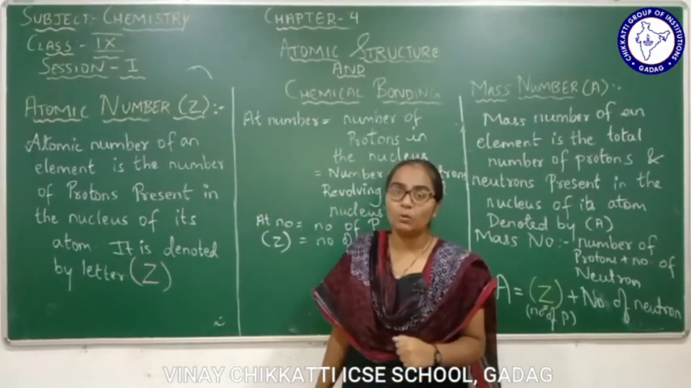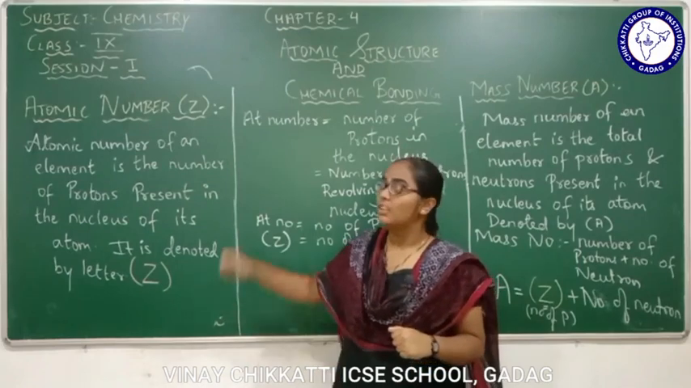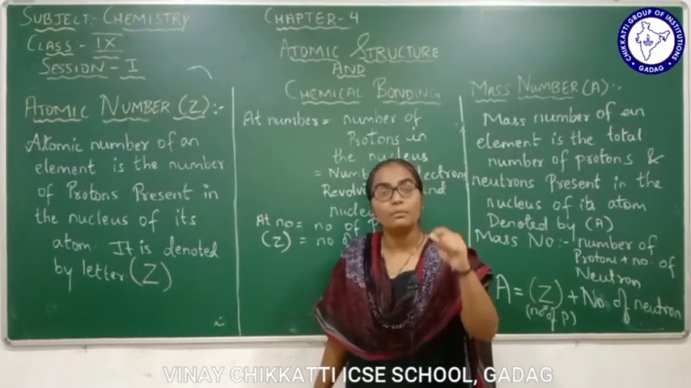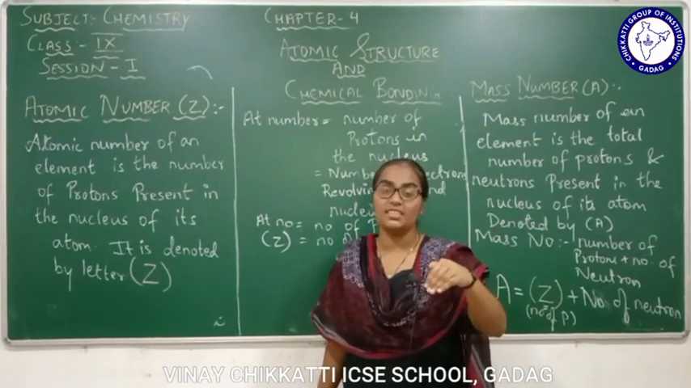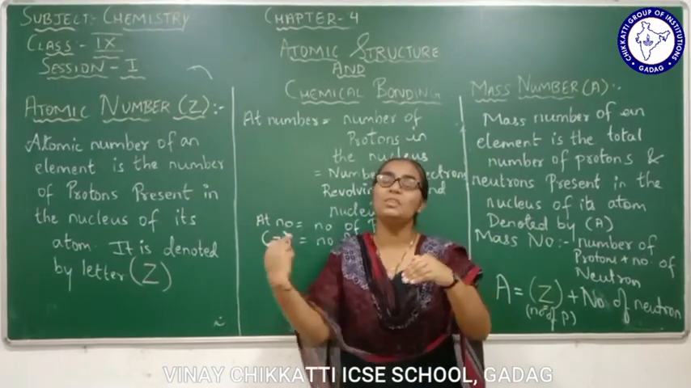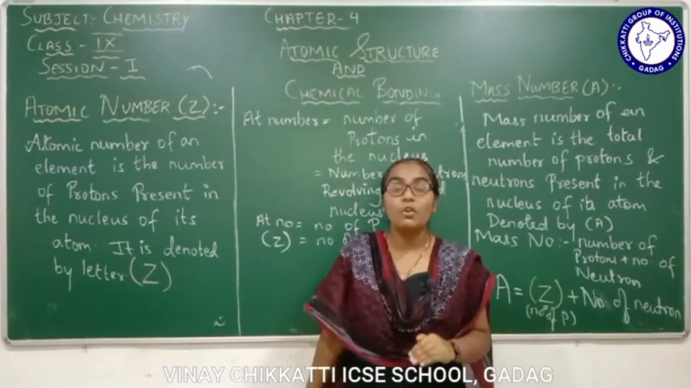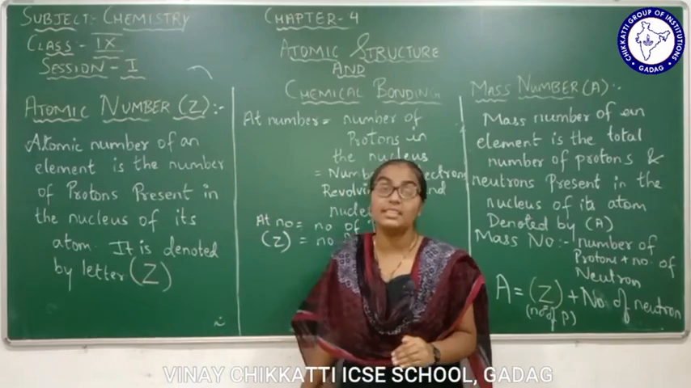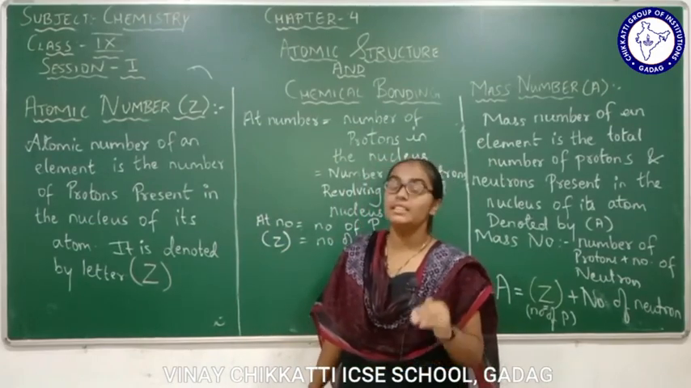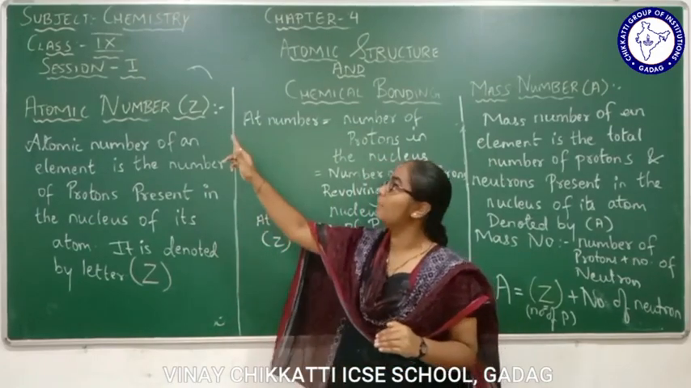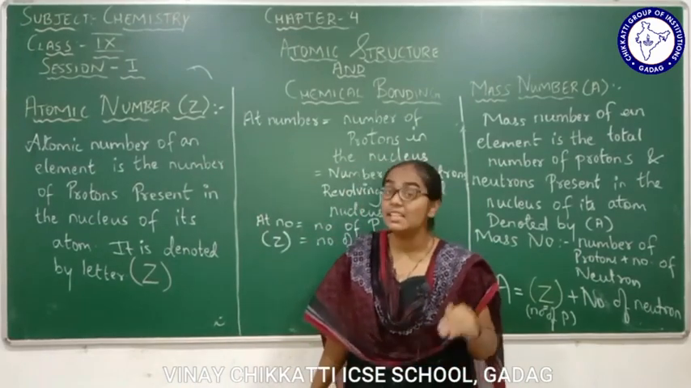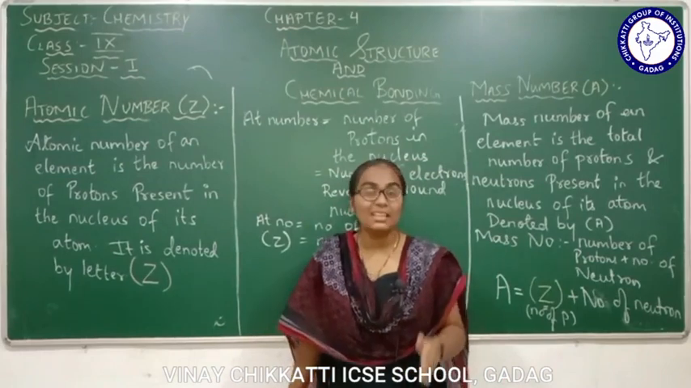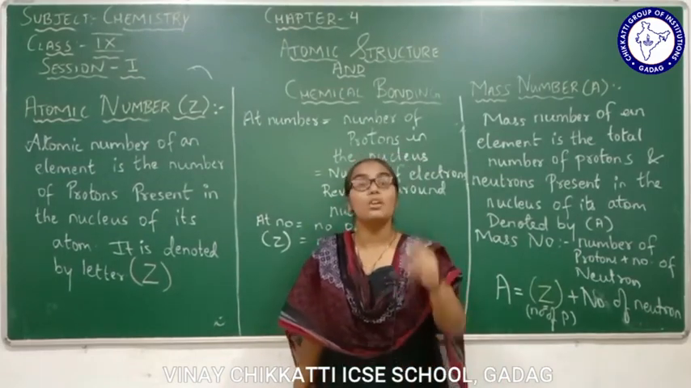One more thing I would like to add is the number of electrons also. Apart from the number of protons present inside the nucleus, it is also associated with the number of electrons revolving around the nucleus. We'll understand this later, but now let's understand the symbol associated with it. The symbol associated with the atomic number is Z. Atomic number is simply the number of protons